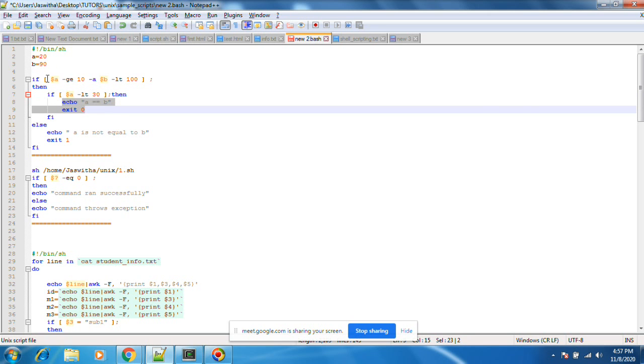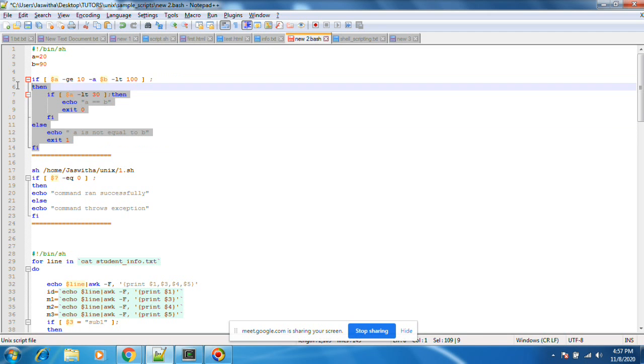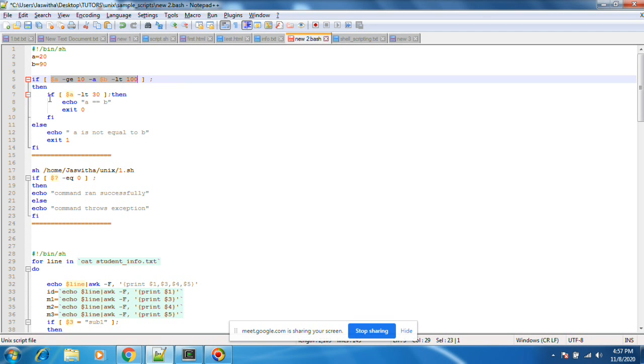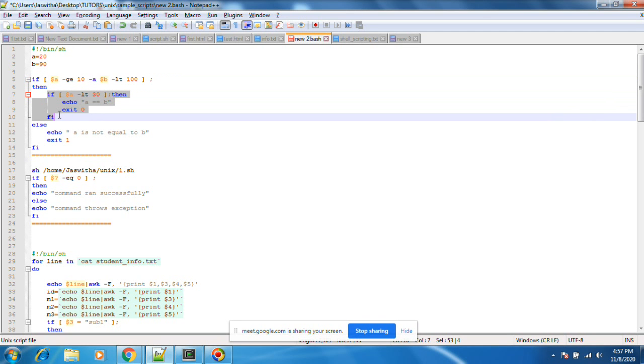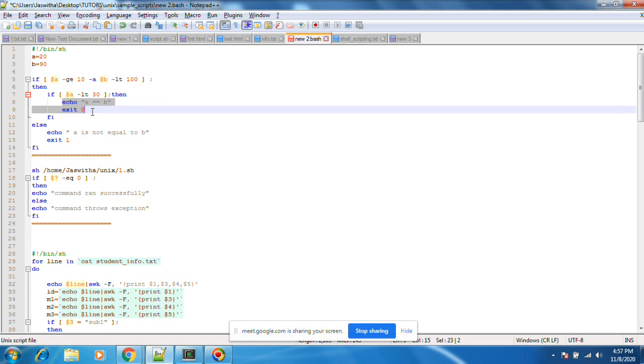If this condition fails, it will execute only this. That's it. If this condition succeeds only, it will come to the inside if, another if. And then if this condition succeeds only, it will execute. If this condition is a success, then it won't come to else.